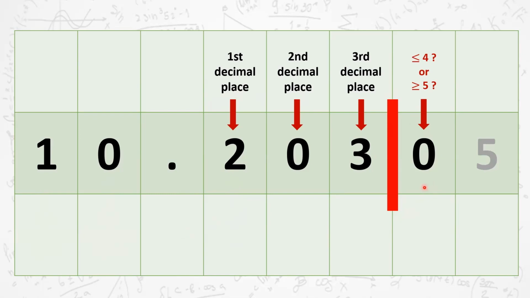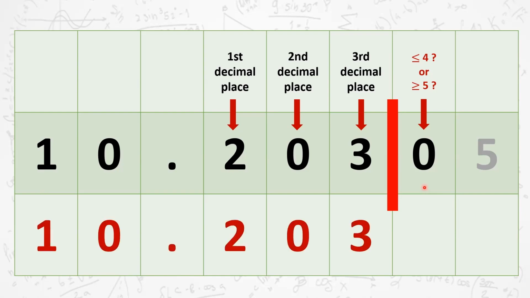If this digit is less than or equal to 4, I need to round it down. If this digit is greater than or equal to 5, I need to round it up. Because it's a 0, it's less than 4, therefore I need to round it down. So the answer for this number, correct to 3 decimal places, will be